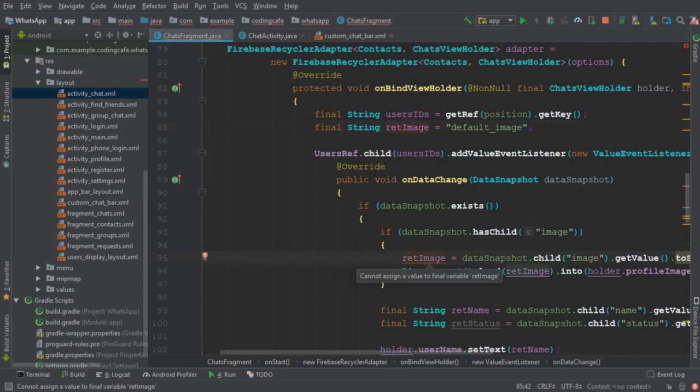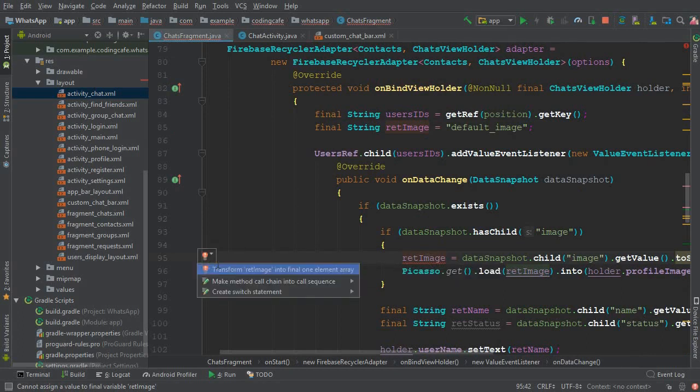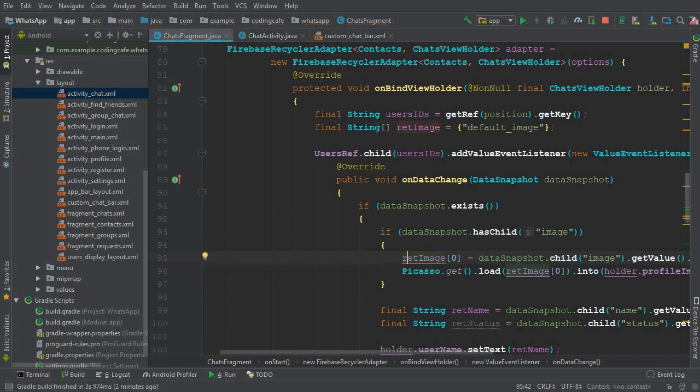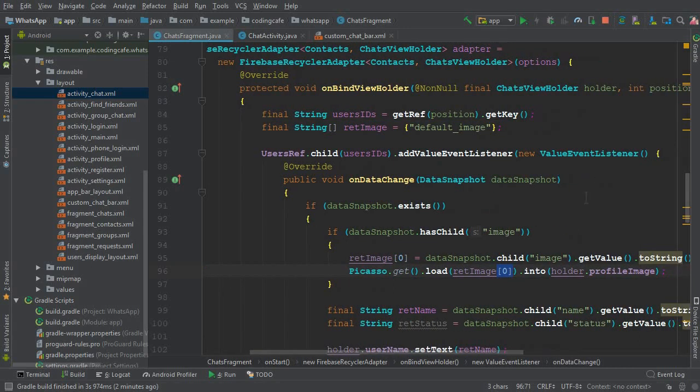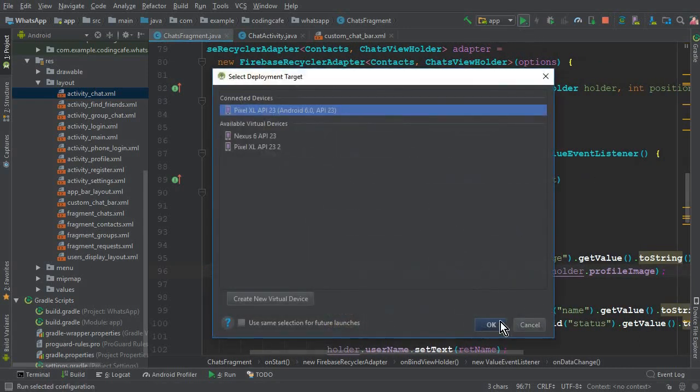So here you can see it shows an error. If you click on this red bulb, it says transform retrieve image into final one element array. Click on that, and here you can see it converts this to an array. So yeah, that's it. Now if we run the app again,